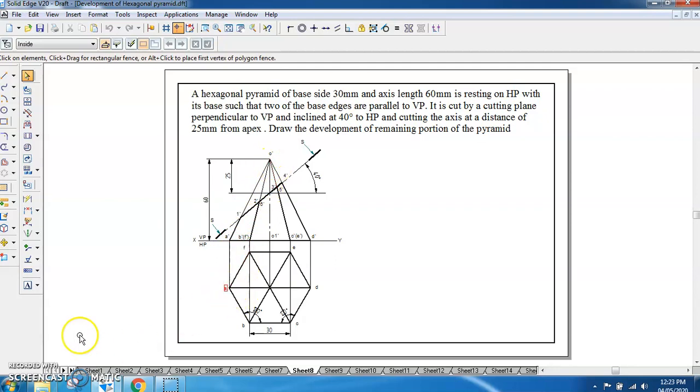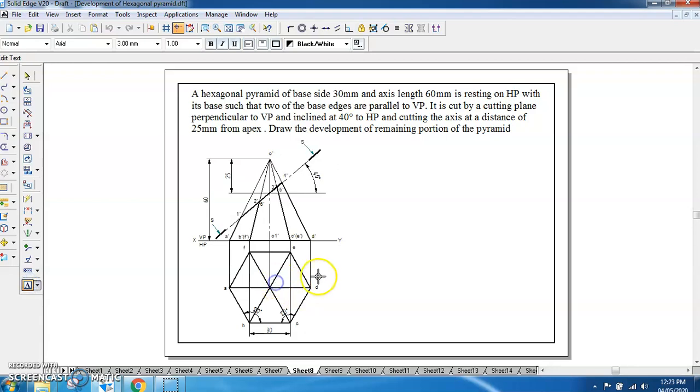So from the top view, we have got this point O here. From A to O, B to O, C to O, D to O, E to O and F to O, all these edges are cut. But when we are marking the cutting points, we have to always start from the extreme left corner. So extreme left corner is A. From A there are two edges passing, A to B and A to O. A to B is here, it is not cut, but A to O is cut. So we are naming it as cutting point 1 dash.